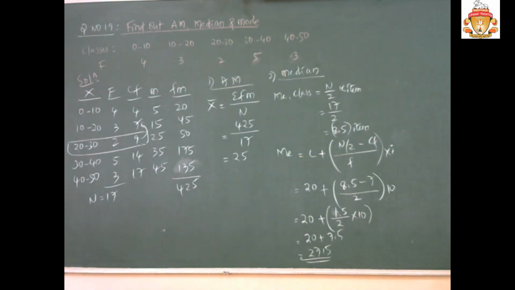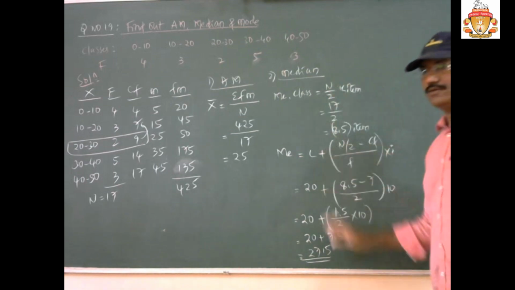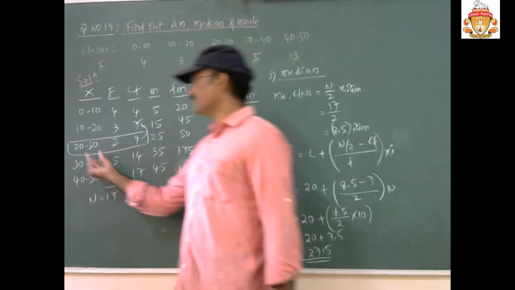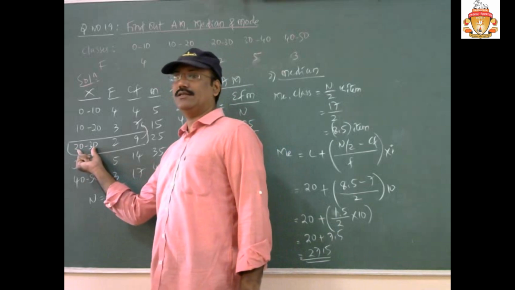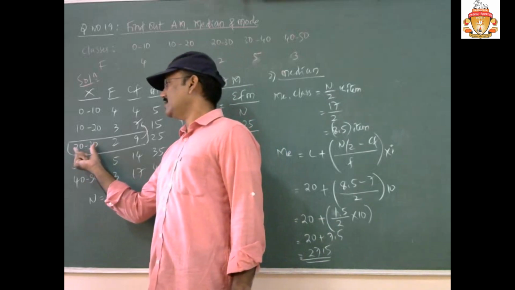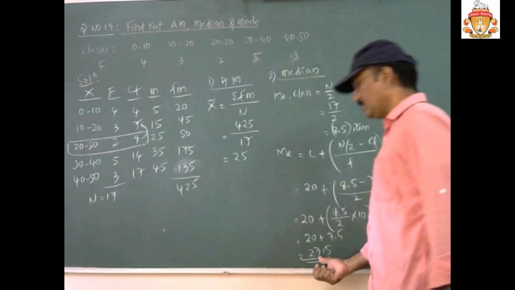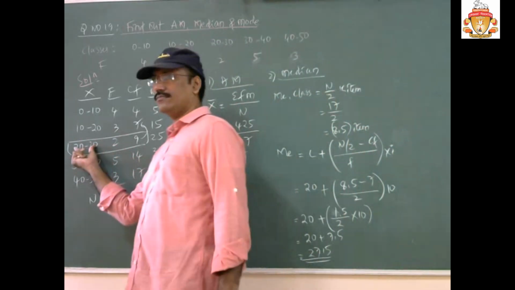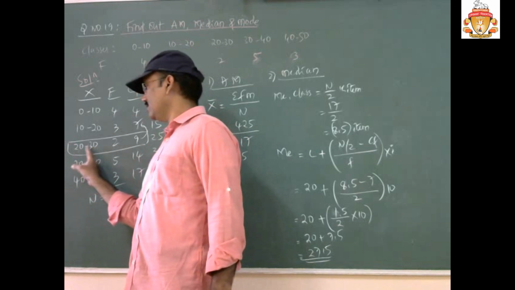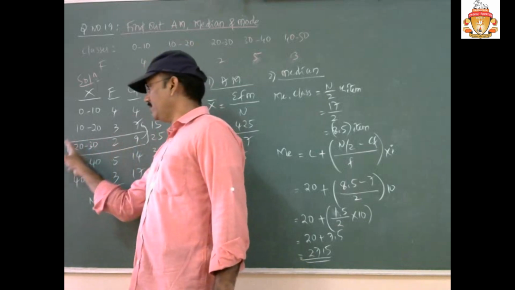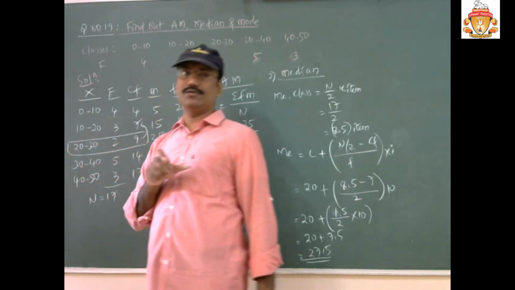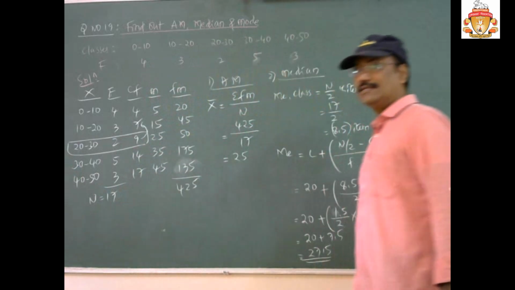27.5. If you find that one, you will get the same figure, that is 27.5. Next, I hope that this was clear. See, 27.5 comes within this number only. Yesterday I think I said that. Whichever class is your median class, within that only your answer comes. This median 27.5 comes between these two only. It never comes less than 20, it never comes more than 30. Within that boundary only the value of the median lies.